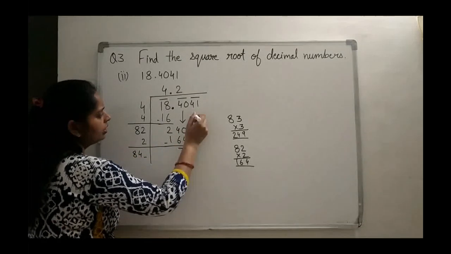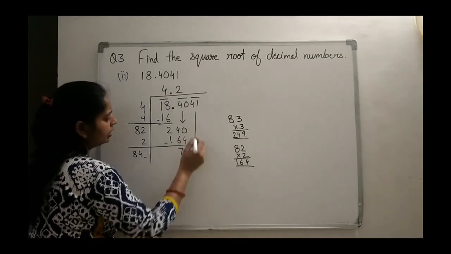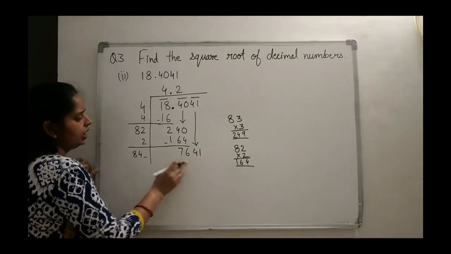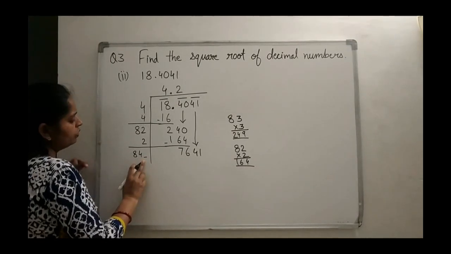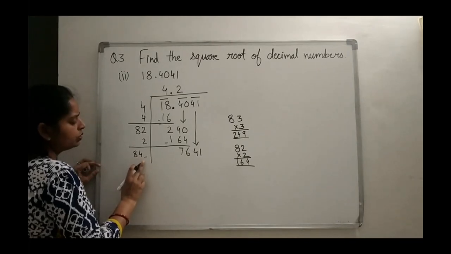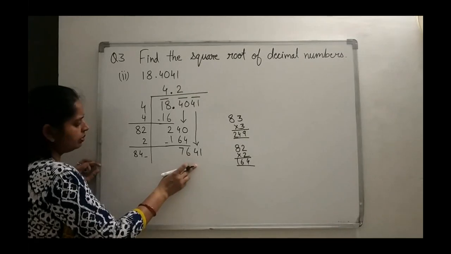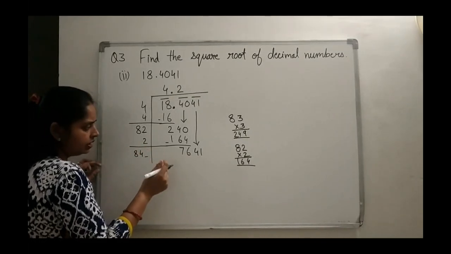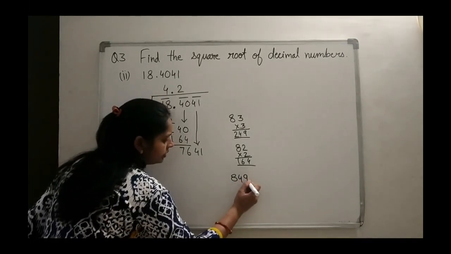And now we have to do one more entry, and for that we have to take down the next pair. 76 is already there and now 41 will come. So the ending is with 1. So 84 into 1 will give you 841 only. 841 into 1 will give you how much? 841. But this is the greater number. So 1 will end by which number? 9 9s are 81. So let's check for 9.